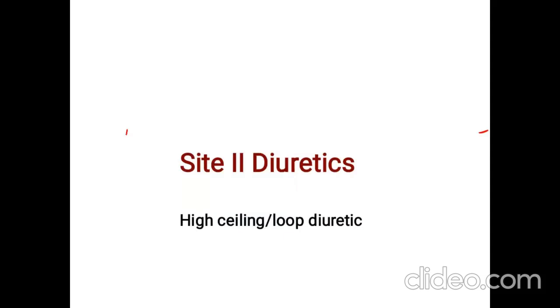So the next class of diuretics, the drugs acting on site 2, are also called site 2 diuretics. As this site 2 is present in the ascending loop of Henle, the diuretics which act on the ascending loop of Henle are also called loop diuretics. Next, out of all the site 1, site 2, site 3, site 4 diuretics, this site 2 diuretics is responsible